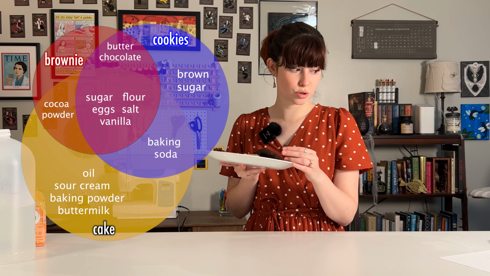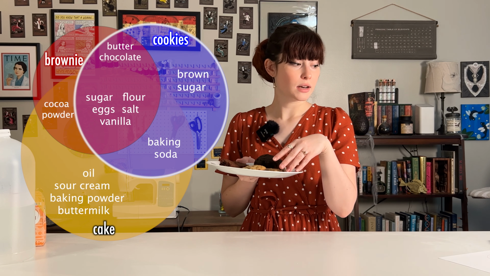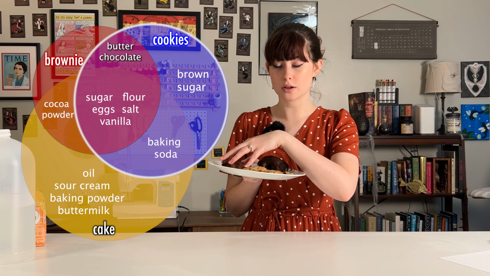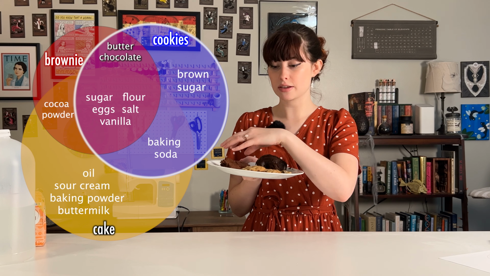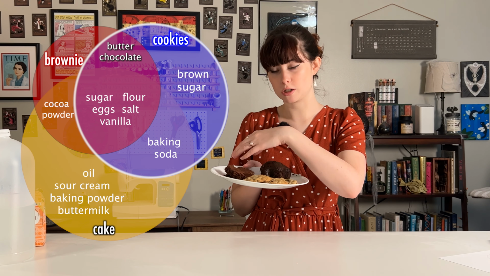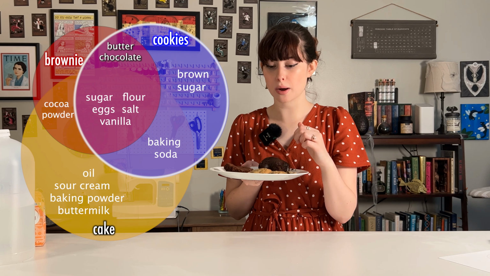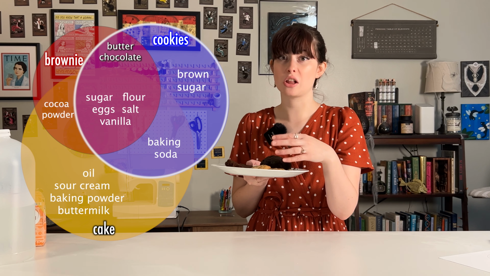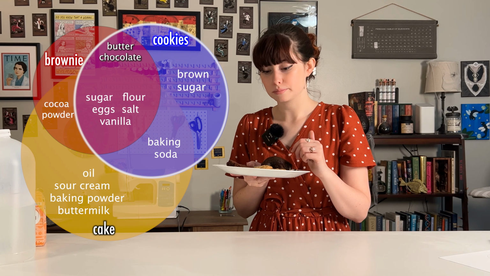Now moving on to the cookies. Between the brownies and the cookies, they do share having solid chocolate in them. The brownies had solid chocolate, like chocolate chips, and obviously the chocolate chip cookies do as well. They also shared having a solid fat, or butter. But what the